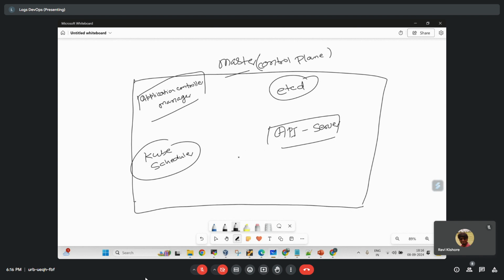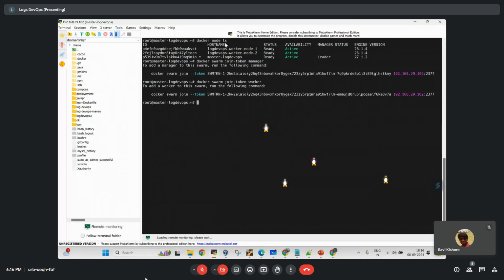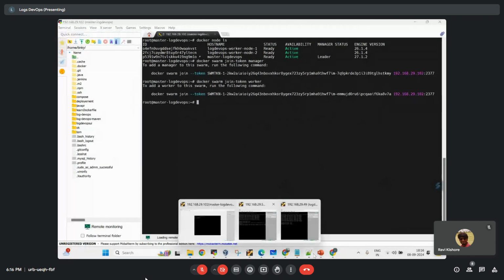Before this, like in Docker, we executed one command. Here we created one cluster, docker node ls. So here in Kubernetes,